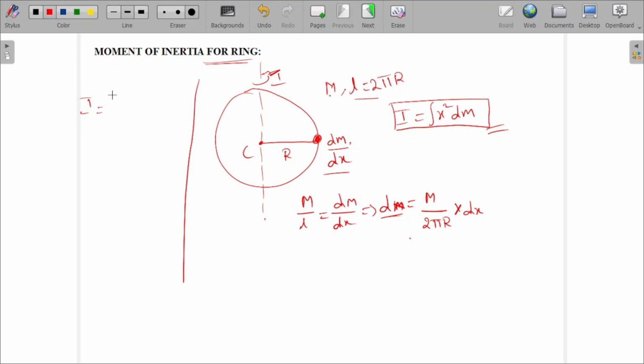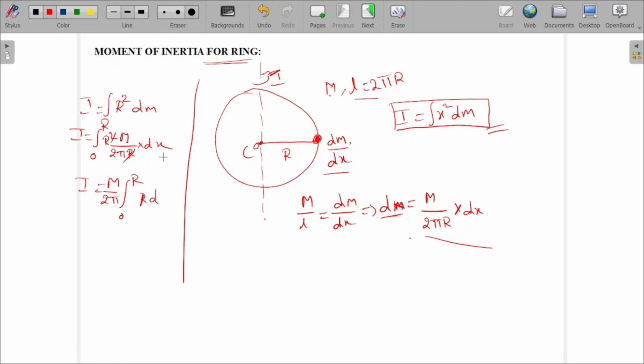I equal to integral x square dm, and x is nothing but r. So r square dm. So I equal to integral r square, from where to where is the integration? From 0 to r. So r square dm is r square into M by 2 pi r into dx. Here r gets cancelled. M is constant, 2 pi is constant, so taken out: M by 2 pi integral 0 to